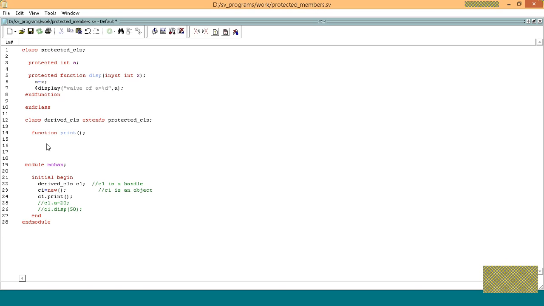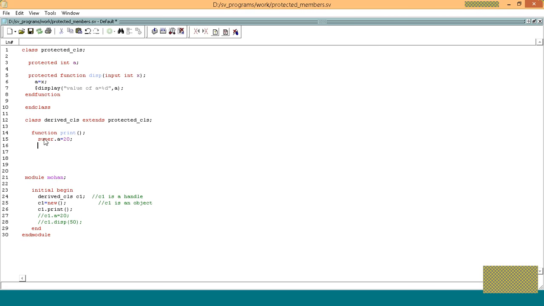So I'll access super.a. As you know, by the super keyword we are accessing the parent class properties and methods. So super.a, I'll assign super.a equals 20,